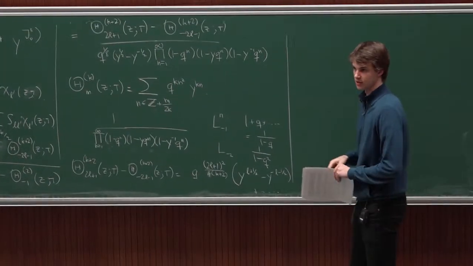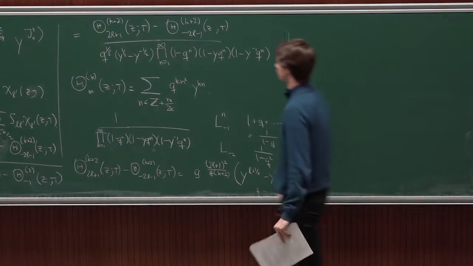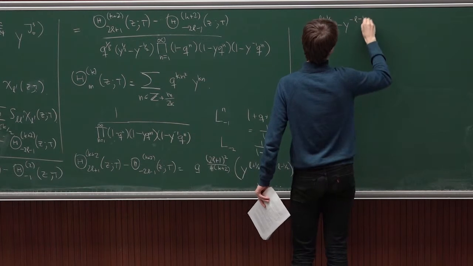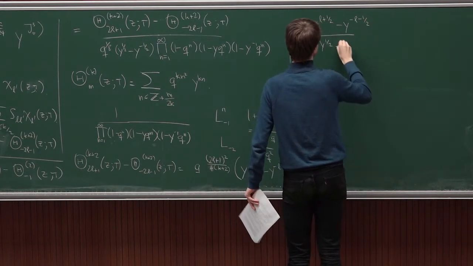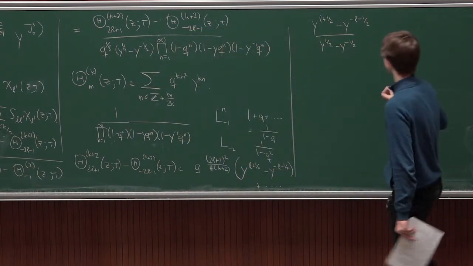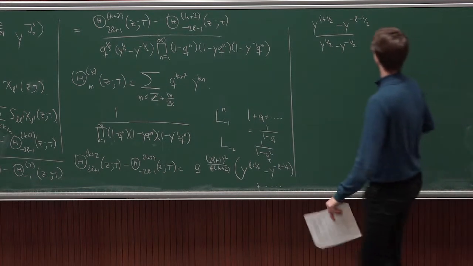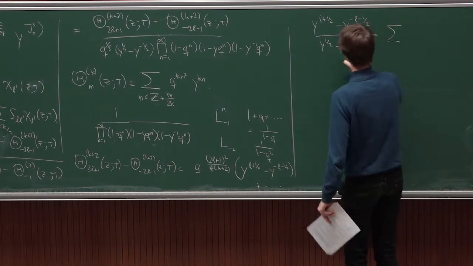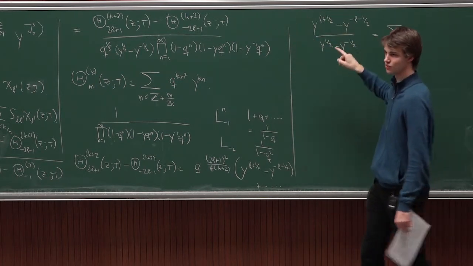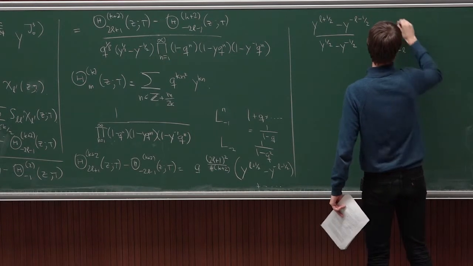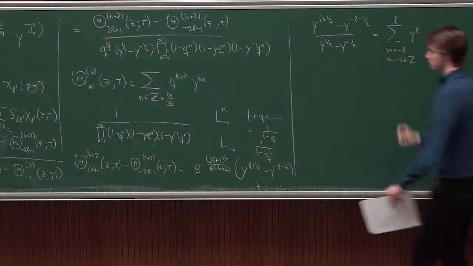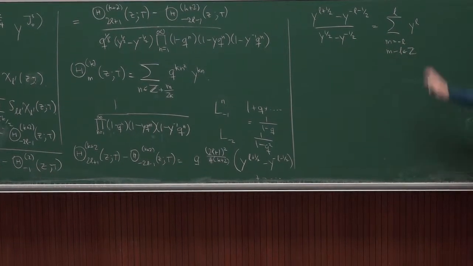Okay, so now let's try to identify those terms. What happens here? Okay, so we have one term of the form y to the L plus a half minus y to the minus L minus a half, over y to the half minus y to the minus half. Okay, that's this part and this part together. So that's appearing at the lowest order in conformal weight. But you can rewrite this because that's a geometric series. At some point you will cancel. That's just a global SU(2) character. This is equal to the sum over m, with m minus L an integer, of y to the L, summing over all integers. Okay, so this is just this.